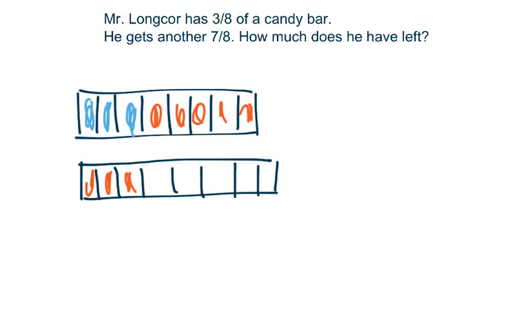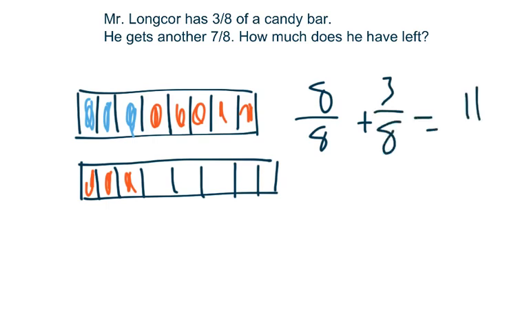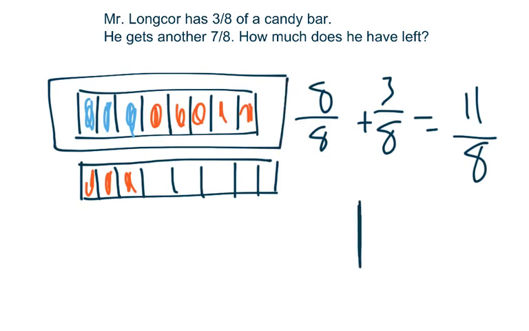Well, I have 1 whole, 8 8s, here. I have 3 8s here. So if I just add all my 8s together, I have 11 8s. Or if you remember, we can put it back into a mixed number. I've got 1 whole here, right? And then I have 3